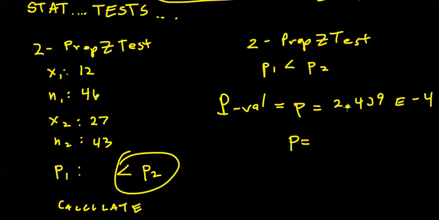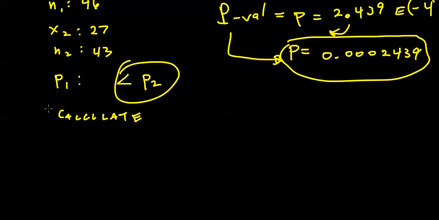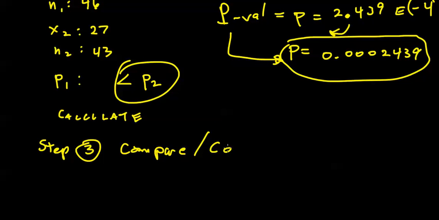So I'll move this decimal place 4 places to the left, as indicated by this scientific notation. So converting to regular decimal notation, I get 0.0002439. That's my p-value for this experiment, for this hypothesis test. Alright, so step 2 is done. We've computed the p-value. Of course, now step 3, as in Chapter 8, we compare and make a conclusion regarding